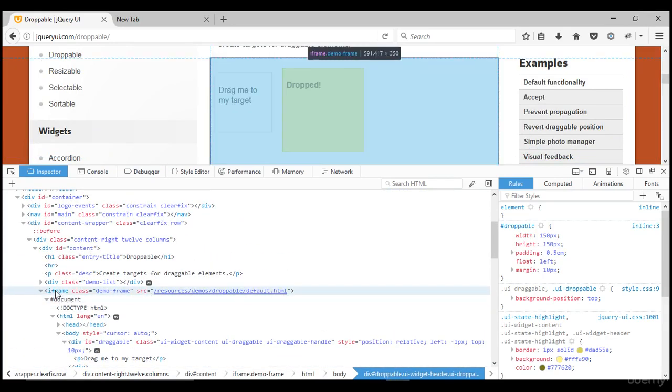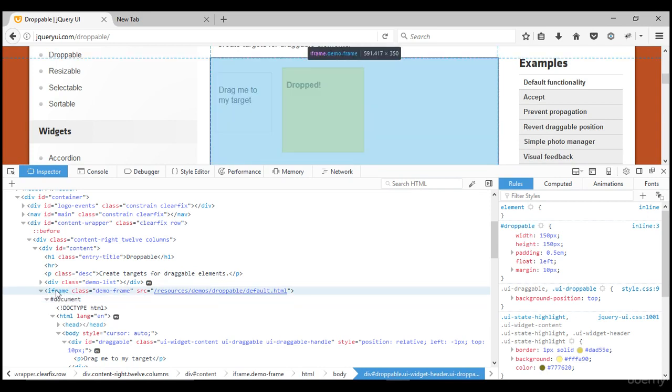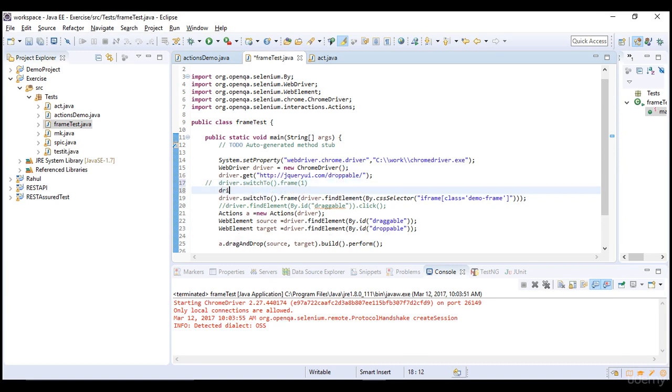First of all, if you want to know how many frames are present in the application, you know that if there is a frame in an application, it starts with the iframe tag. So there will be a tag with iframe. So what I'll do first is write a simple step: driver.findElements(By.tagName("iframe")). This will give me all the iframe tags in my web application. Simple, right? We know what tag name does. What I'm saying here is, go and find all the elements which have the tag iframe.